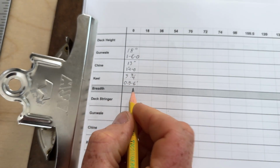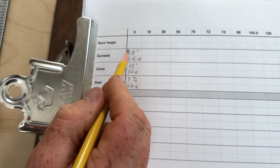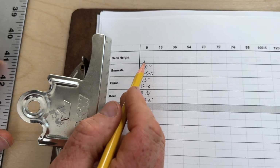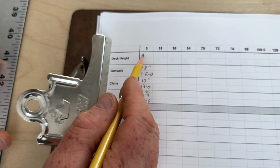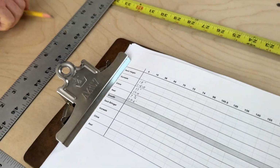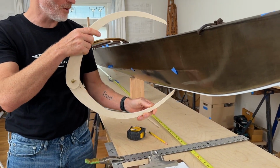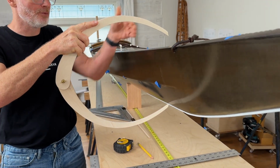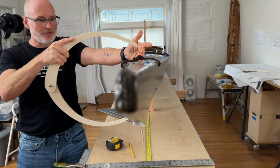So for this location, these are all of the heights. There's no deck height here because the top of the gunnels is the top of the deck at this location on this particular kayak. But if you had something a little bit higher, like a deck ridge or something like that, it's a little bit tricky to get this number. What you would have to do is get your calipers like this, come to that same spot that you just measured on the keel, and wrap the calipers around until you get to whatever it is you're trying to measure on the deck. And then you can take that off